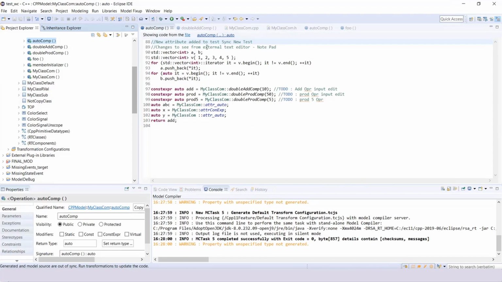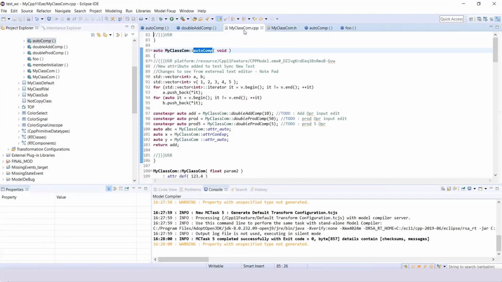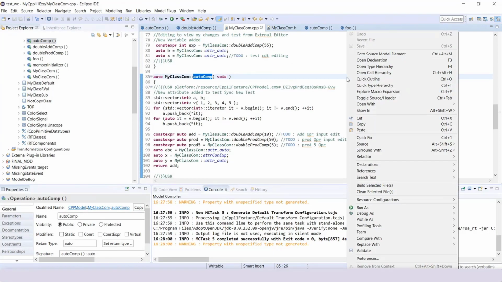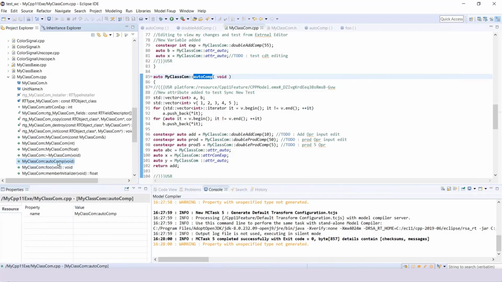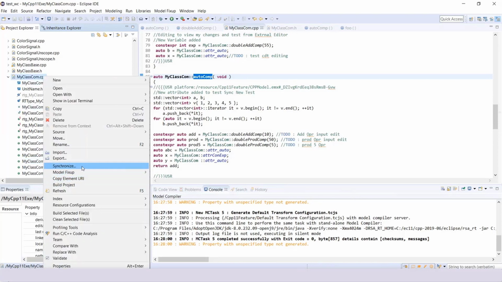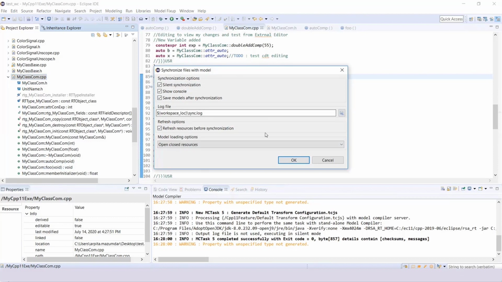So let's go back to our file in the Project Explorer. If I right click on this and do a synchronize, I get a window which tells us what should be done when we synchronize this file to the model.